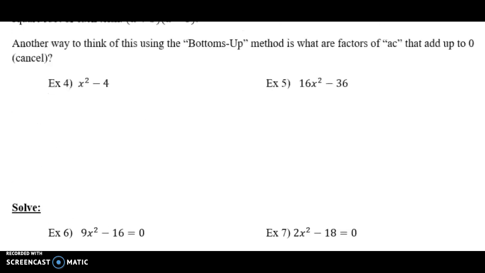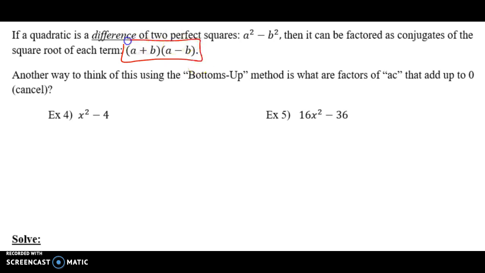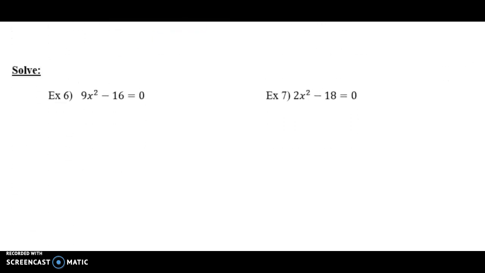So if this happens, you can use this little shortcut. It's always one's plus, one's minus. And then what times what is 9? 3. That goes in the front. So 3x and 3x. What times what is 16? 4. Now if you do the zero product property and you set these equal to 0,